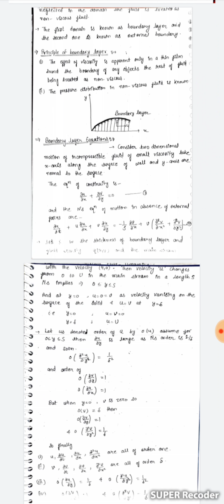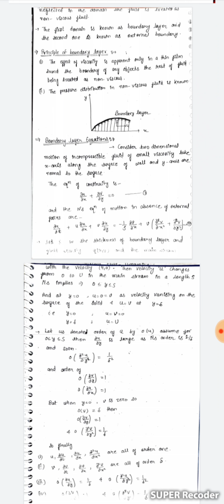And the Navier-Stokes equation of motion in the absence of external forces is del u by del t plus u del u by del x plus v del u by del y is equal to minus 1 upon rho del p by del x plus nu into del square u by del x square plus del square u by del y square. Let delta be the thickness of the boundary layer